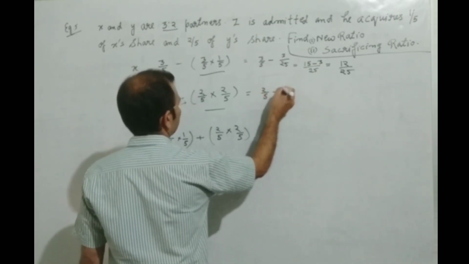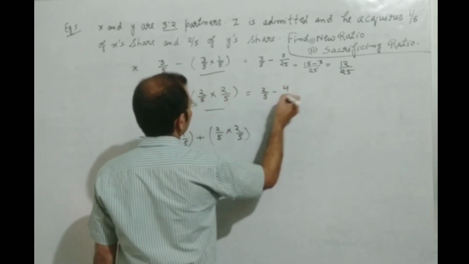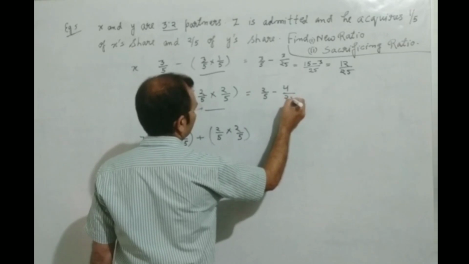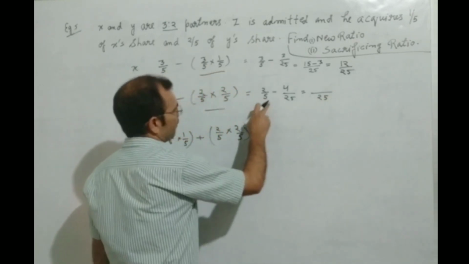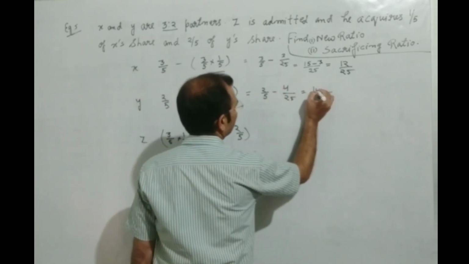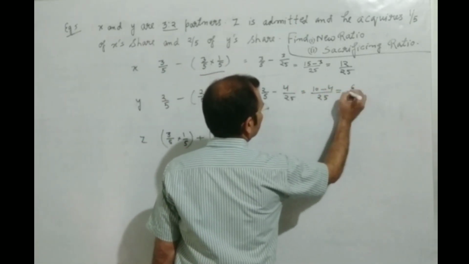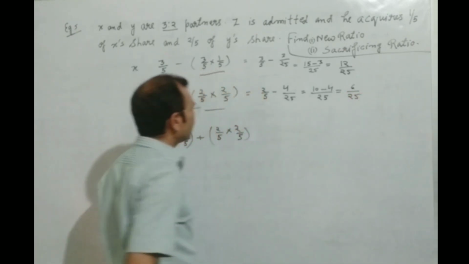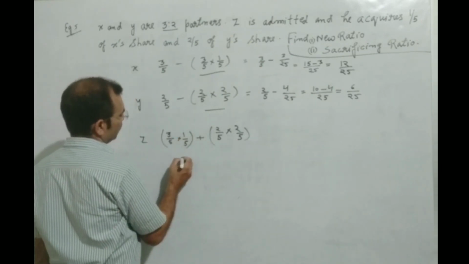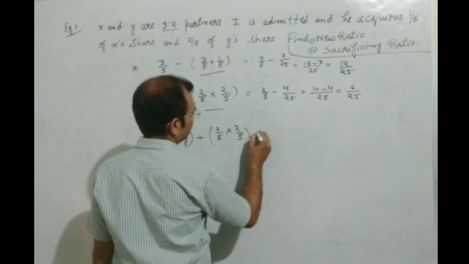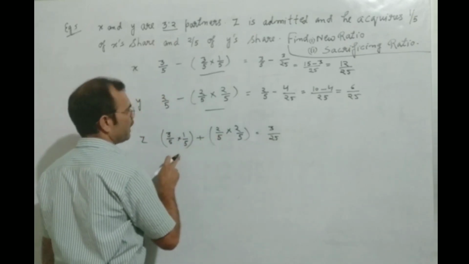Now we will solve this. 2/5 minus the bracket, so we will multiply 2 times 2 is 4, 5 times 5 is 25. Now we will take LCM as we have solved above. 5 times 5 is 25, 5 times 2 is 10, minus 4, 6/25 will come. Now we will solve this. 3 times 1 is 3, 5 times 5 is 25. This is the solution of the first bracket, plus